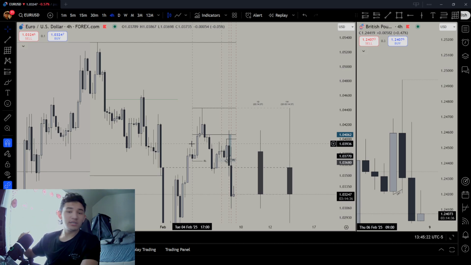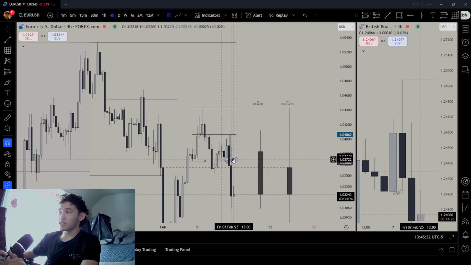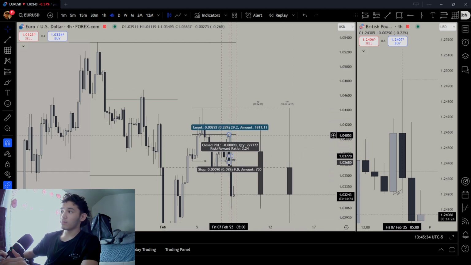I round tripped it. It's fine, right? Lessons are all I care about. I'm happy. I'm satisfied today. I focused on better good habits. Everything was aligned. So I took the trade and it actually profited, right? If I were to put my take profit here, I would have made profit, but I round tripped, right?